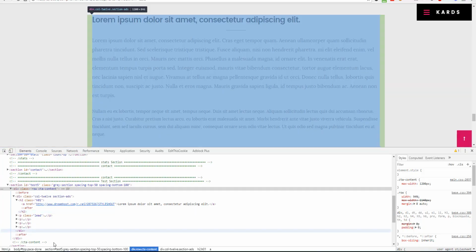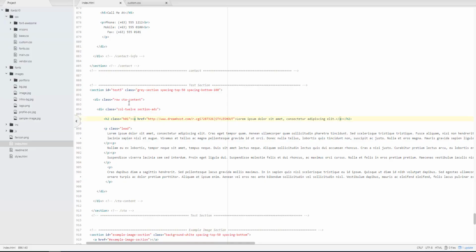So what we'll do is, instead of ours being called CTA content, ours is now going to be called test content. Or it's going to be CTA content, but we're also making a new class called test content. That way it still retains the original CTA content styles, but we're also going to create custom test content styles to be on top of it. So what I mean by that,